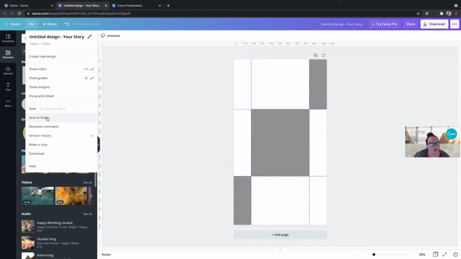And we have our save. Canva automatically saves every 5 to 10 seconds. But sometimes if your internet's not as good, you'll need to save it. And then you can save it to a folder like we talked about earlier. You create folders. And resolved comments is for what I talked about, where your team members can